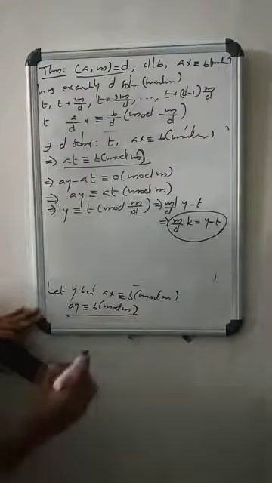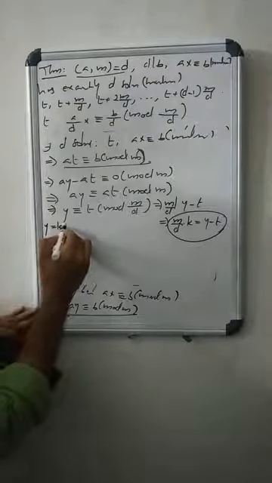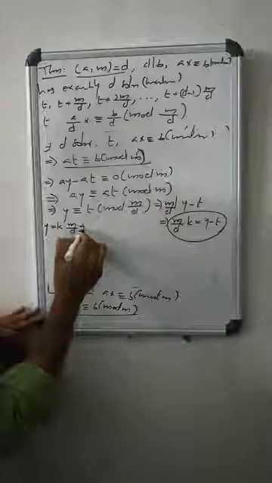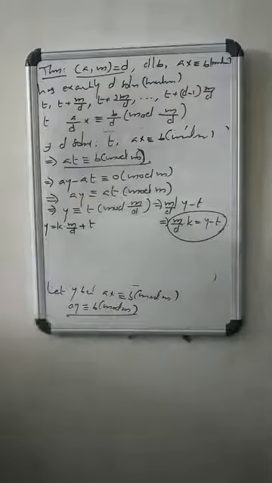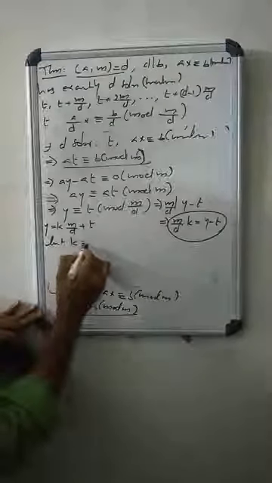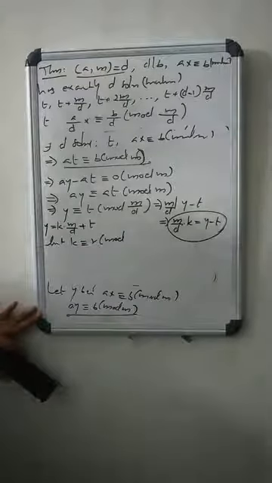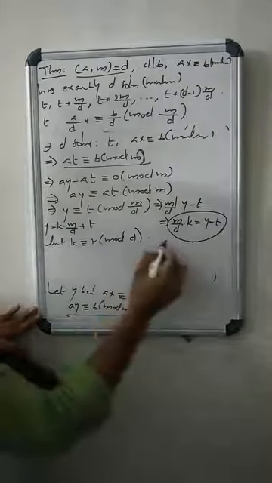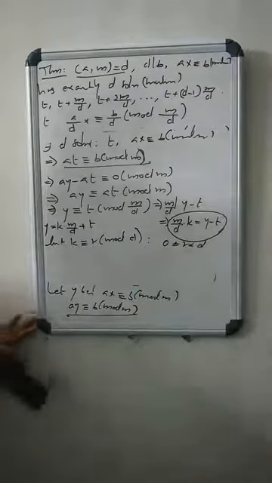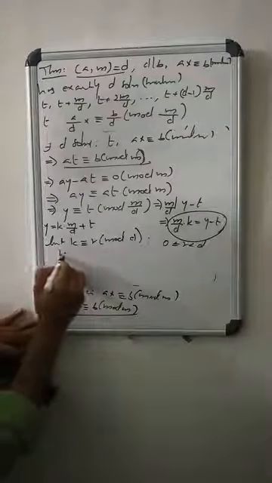But k is congruent to r mod d, where 0 is less than or equal to r strictly less than d. Therefore k into